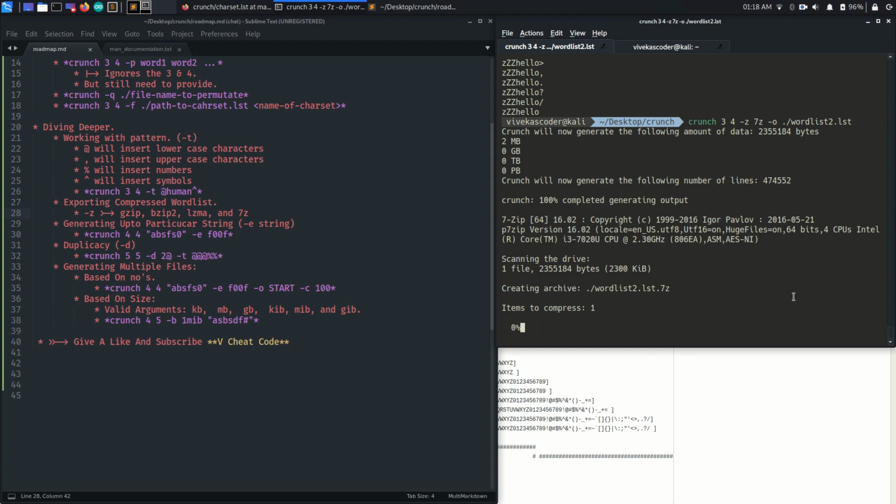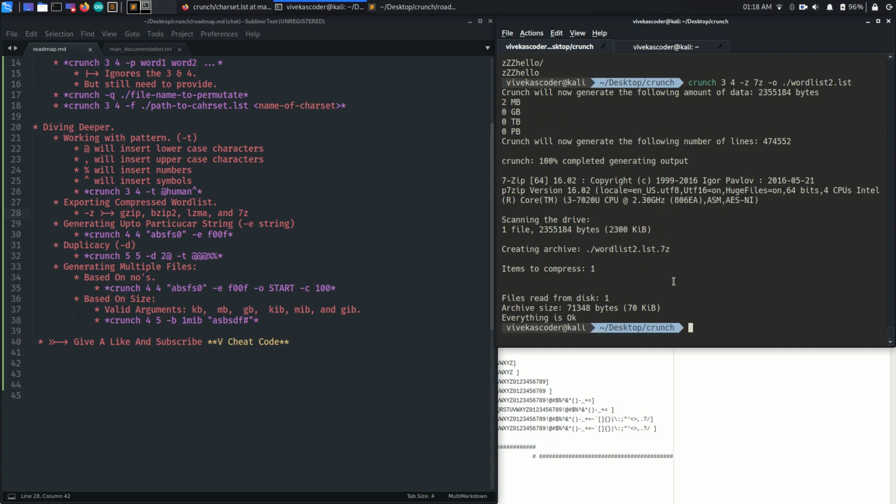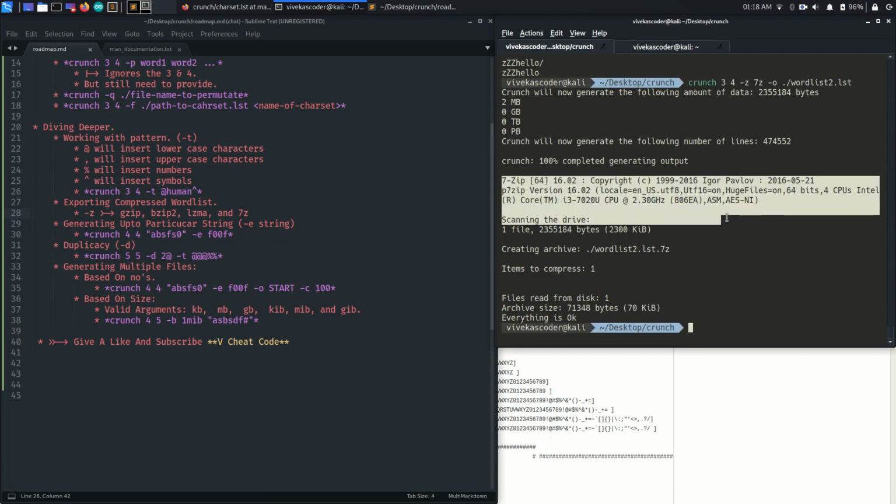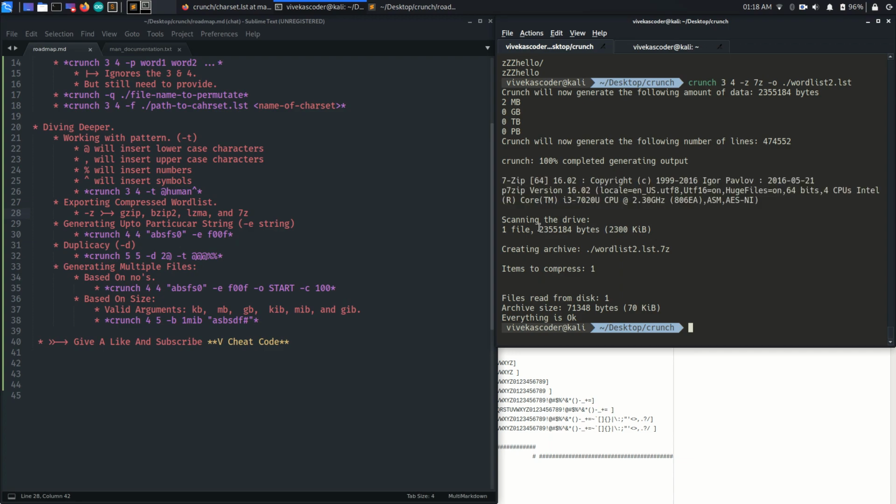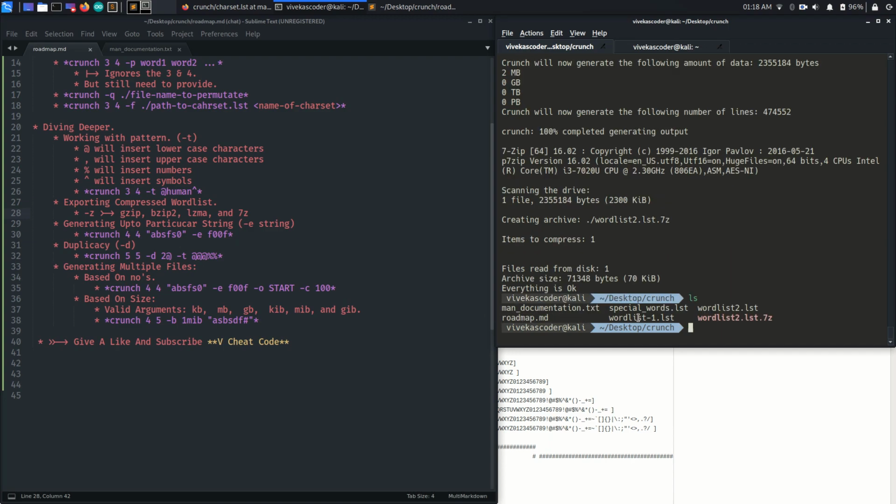Okay, it starts generating. Now you will find this kind of information. It is regarding my CPU, and then it is actually creating an archive and the item is compressed. Now you will finally see this "everything is okay" message.